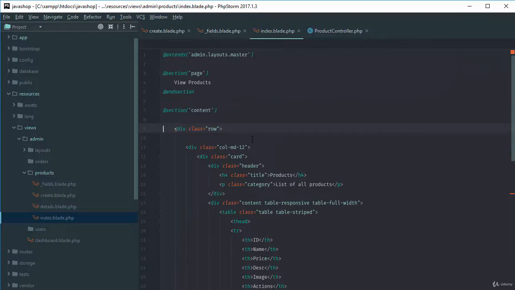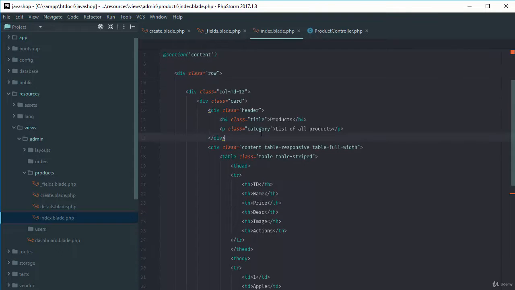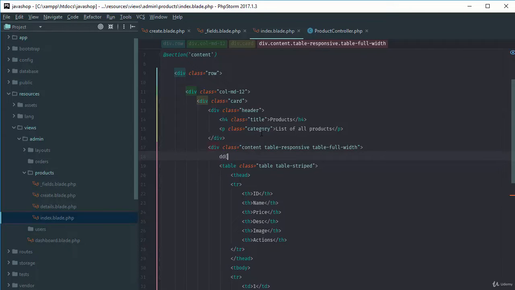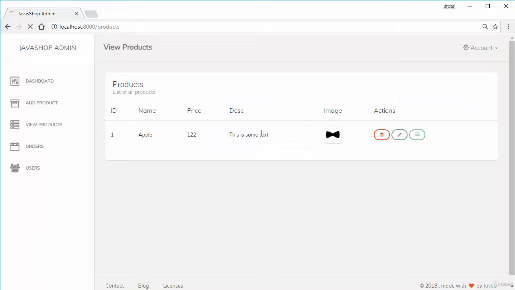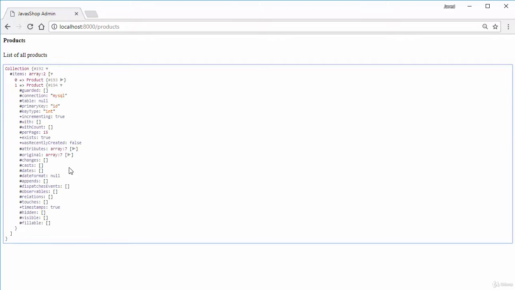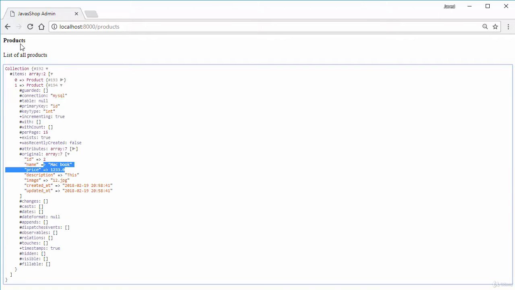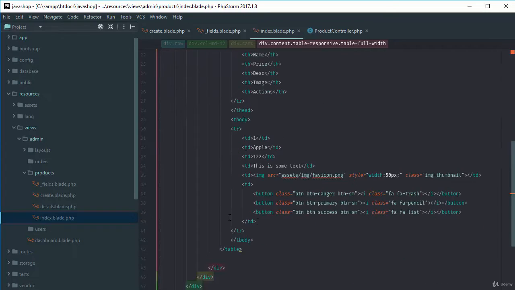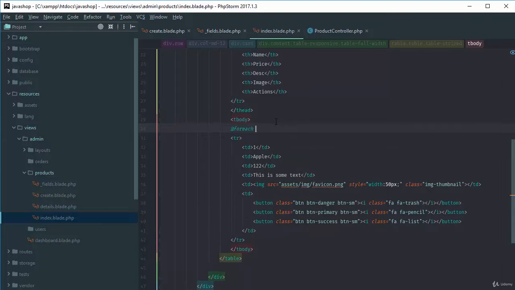And if we go to this view, and then for example we will die and dump this here, product. Now you can see we have only 2 products, so they are being made available, right? So how will we fetch them here? So simply we can say foreach